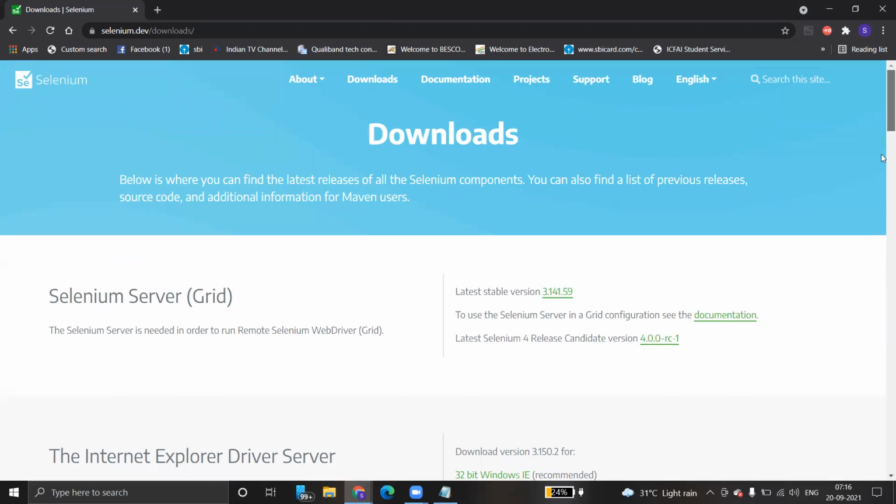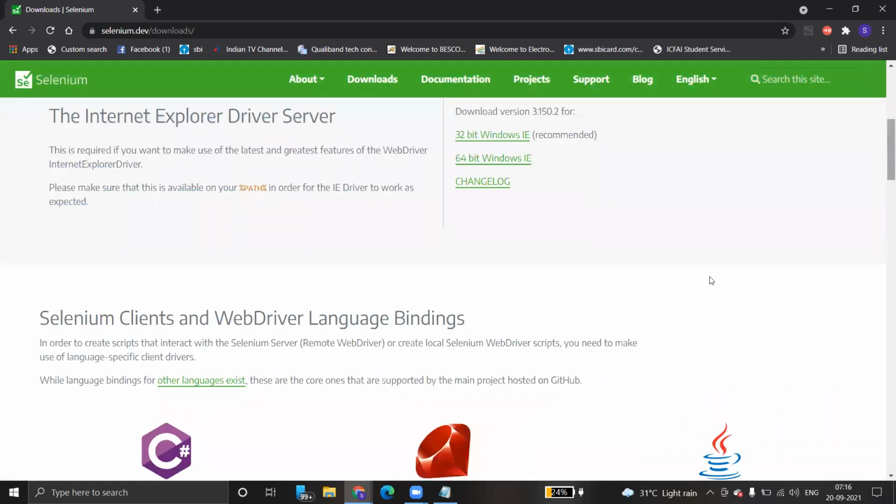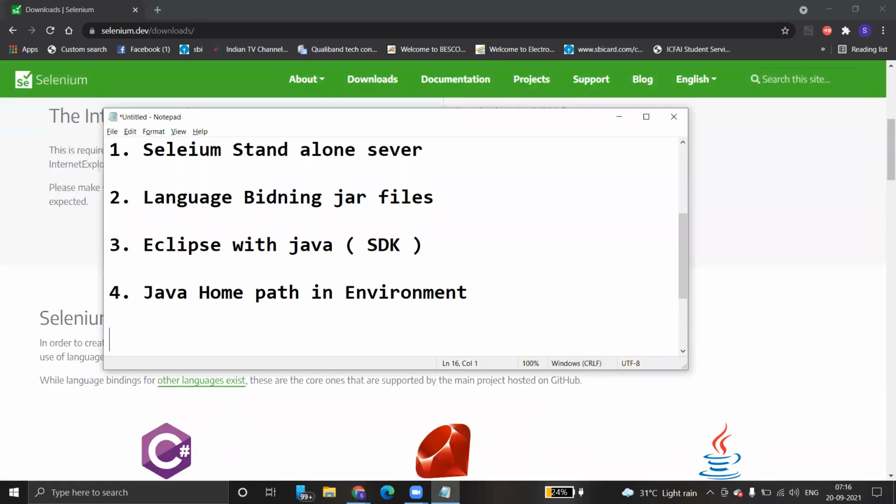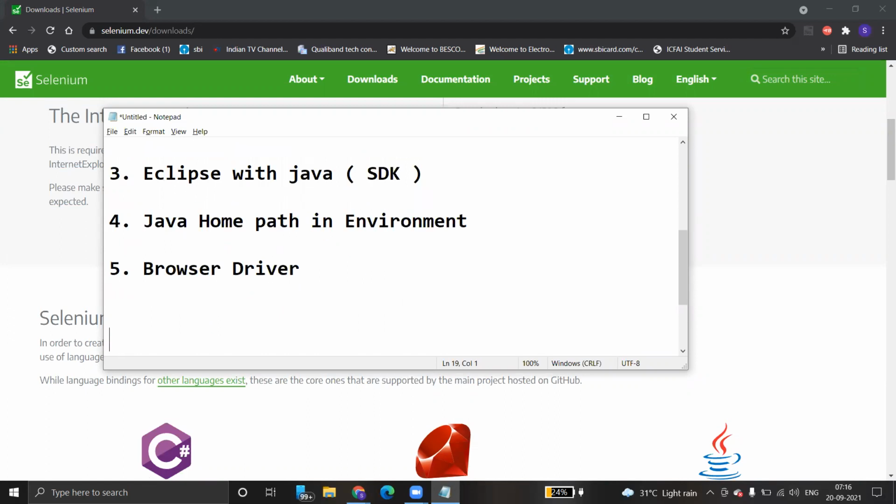After that, another very important thing we need is the browser driver. What is a browser driver? To connect to the browser, we need an interface called a browser driver. Your scripts connect to the server, that is the Selenium WebDriver server, which is then supposed to interact with the browser.